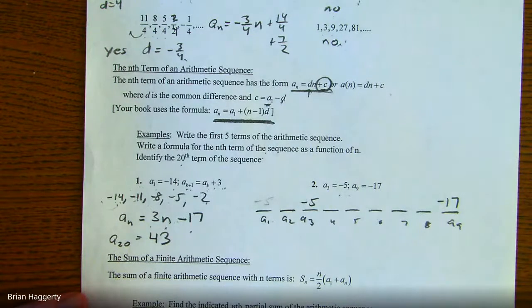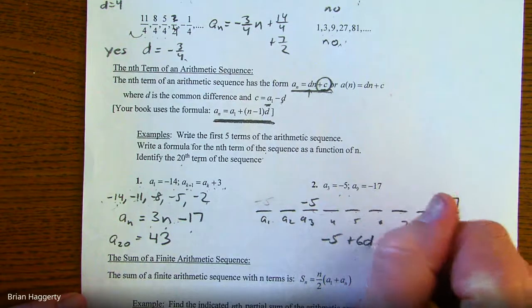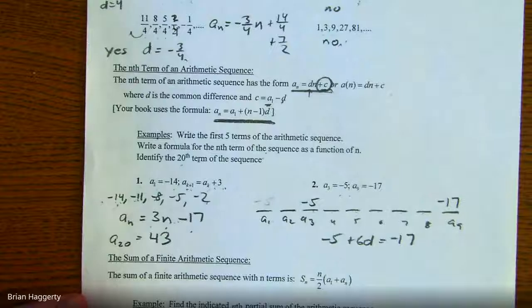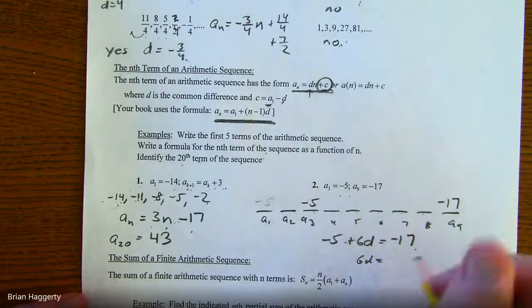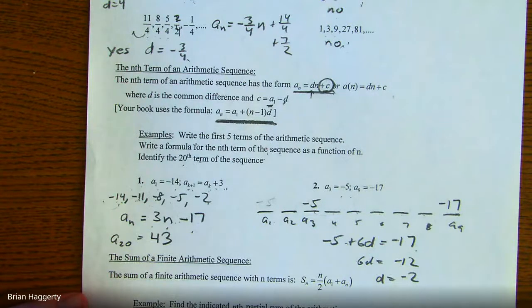All right. So we know it's arithmetic. We know it has a common difference. So starting here, we have to add 1D, 2Ds, 3Ds, 4Ds, 5Ds, 6Ds. So -5 plus 6Ds gets us to -17. Make sense? So 6D is equal to, add 5 will be -12. D is -2. So this tells us our sequence goes down by 2 to get from one term to the